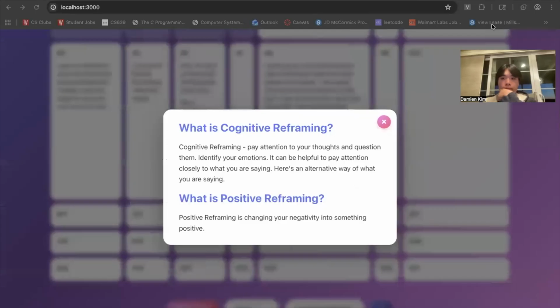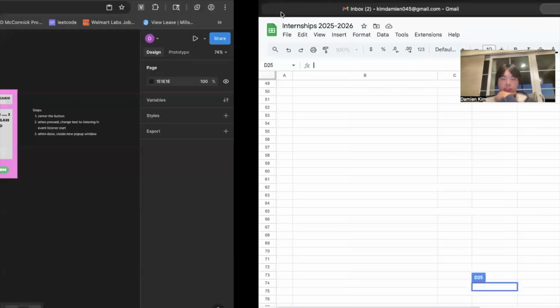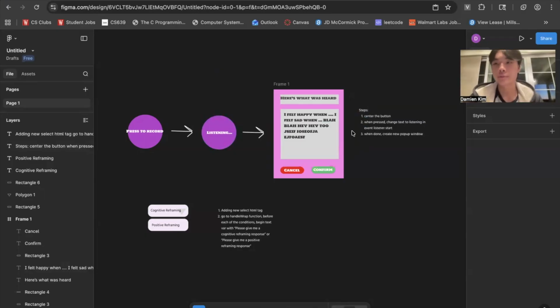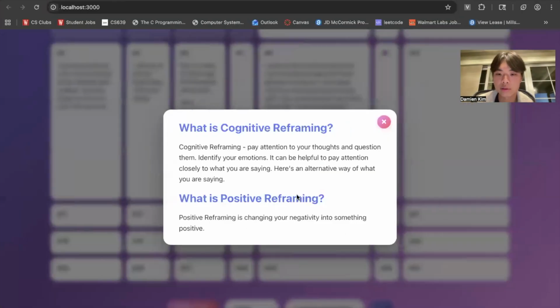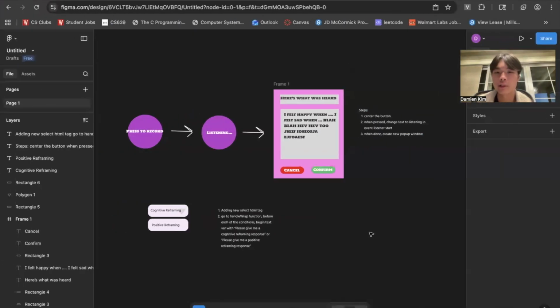Okay, I think I'm done. Yeah, I'm done with the goals I had today. So just to review, I was able to complete the functionality of the speech to text and create a pop-up window to confirm, and then add this drop-down menu with the pop-up helper. So some final things,